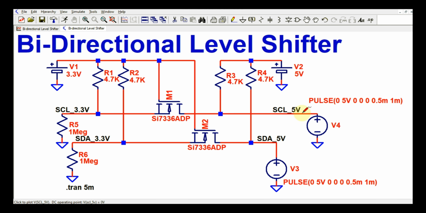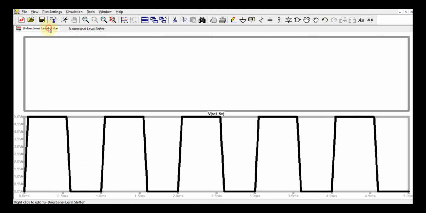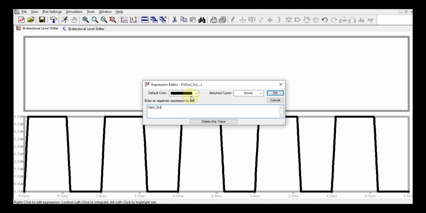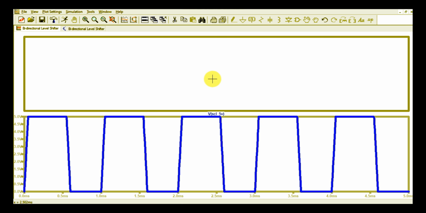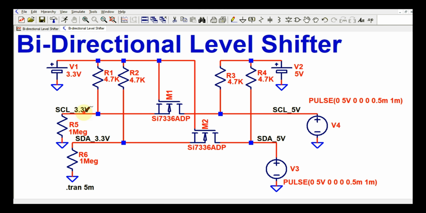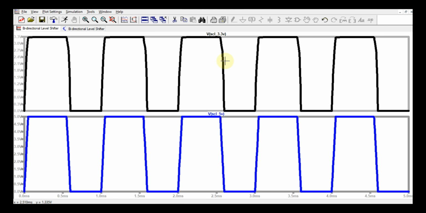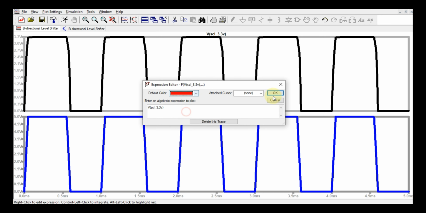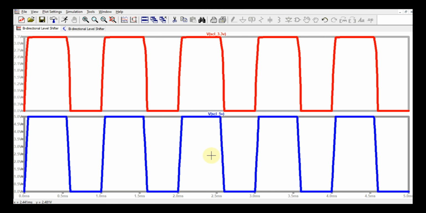On the input side your SCL is 5 volt, and let me change the color. VSCL is 5 volt, and on this side I will show you what you are getting. On this side you can see the logic level is 0 to 3.3 volt. Here you are getting a logic level of 0 to 5 volt. Let me change the color. So you can see now your input is 5 volt, but at the output you are getting a logic level of 3.3 volt.